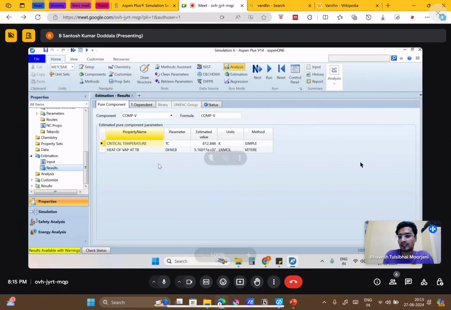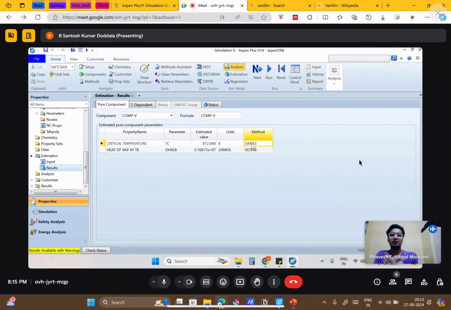Now what are these methods? When we don't have any experimental data for a compound, or that compound is very new to us, in such cases we use group contribution methods, like the Joback group method and the Marrero-Gani group contribution method. What does the group contribution method do? It identifies the various functional groups, with various coefficients and constants assigned to each functional group.